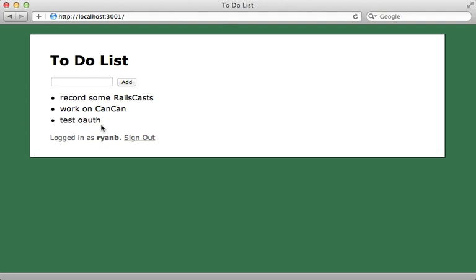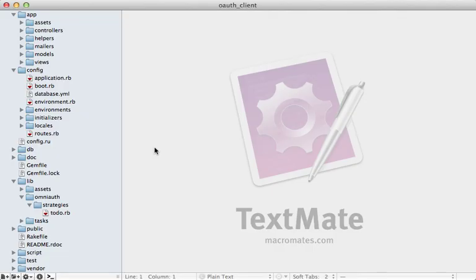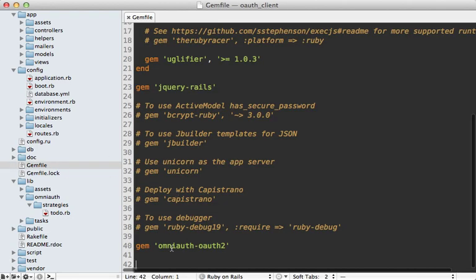Now this client app has the same functionality as the provider app, but it's interacting through the API. I use that to fetch the tasks, and if I create a task, that works as well through the API. Now let's quickly take a look through the source code of this client app to understand how it works. Now inside of the gem file for this app, I'm just including the OmniAuth OAuth2 gem,